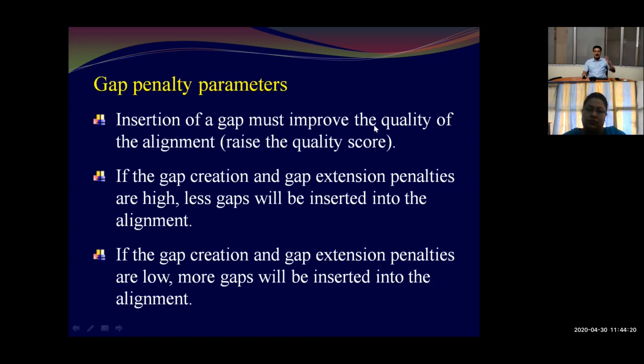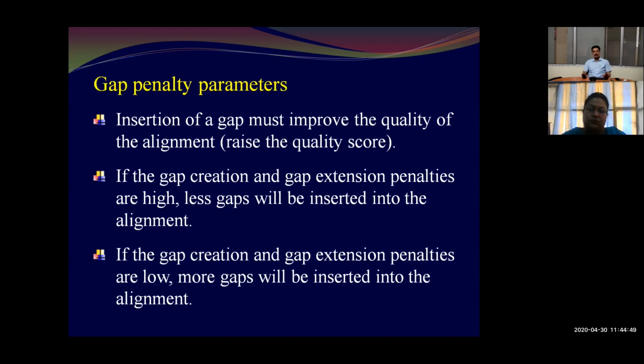Now, gap penalty parameters, as I say, we cannot say that for all purposes we can use the same scoring pattern. For similarity or matches, how much score will we give? For dissimilarity, how much score will we give? For gap creation or extension, how much score will we give for a particular sequence alignment? It is not always rigidly followed. It is a flexible scoring matrix that depends on several factors.